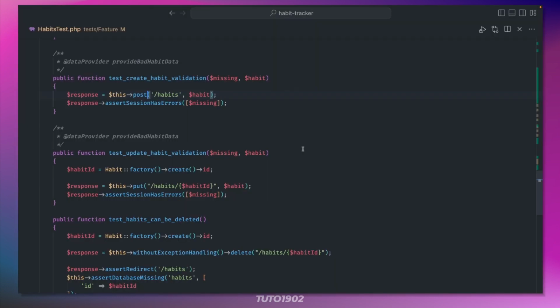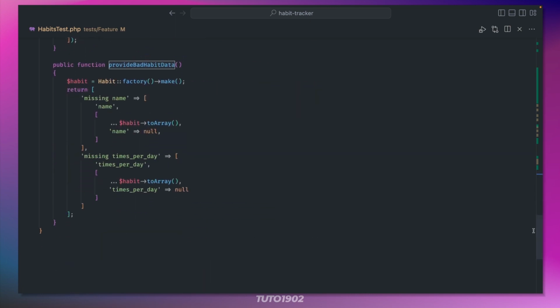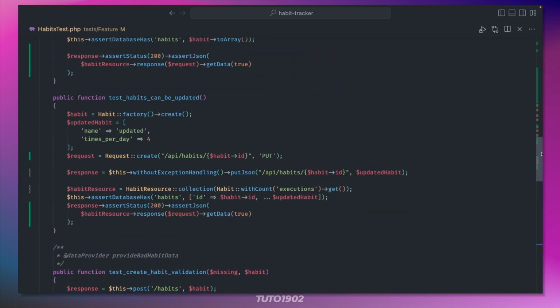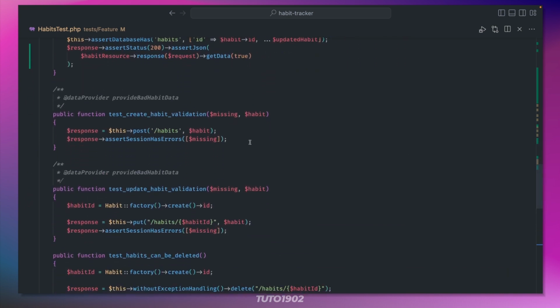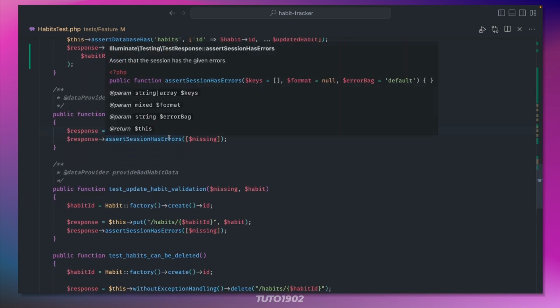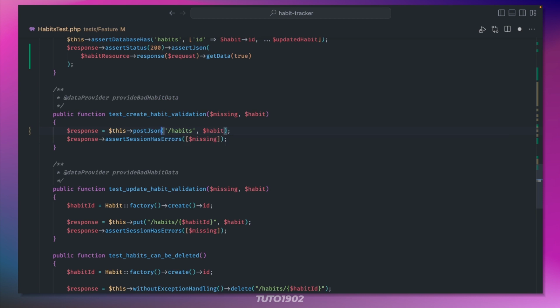In case you don't remember, we used a data provider to run validation errors for the habit creation. This will run once for each of the validations we return in the data provider, which are these down here. And the first parameter is the name of the missing field we are testing at the time. So the first thing we need to do is change this call to post.json and set the URL to API